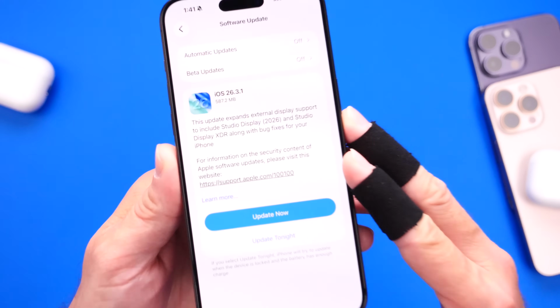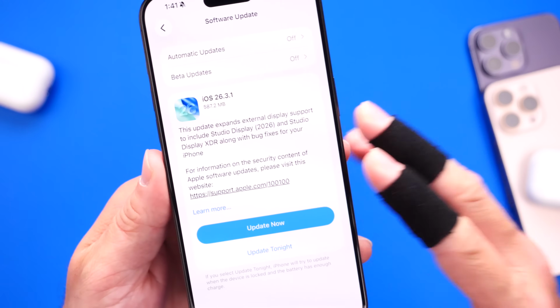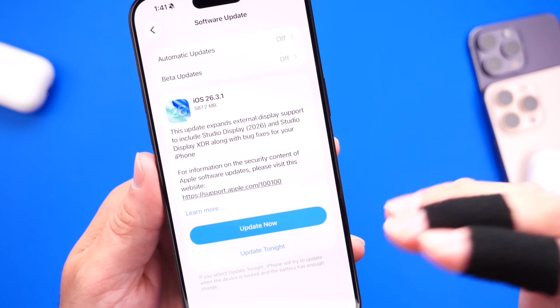Now again, iOS 26.3.1 available to download as of today for all iPhone users, including iPadOS and